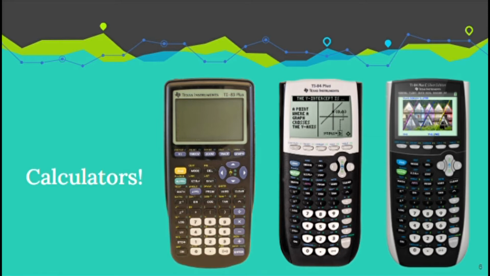The ones with color are great, particularly for graphing. That's going to be less important in this class. It's more important in things like calculus, where you might want that different color coordination so that you can keep track of which function is which function. Not as important in statistics. Also beware, the newer ones are rechargeable. Some people like that. Personally, I kind of like the batteries. I don't like having to worry about is my calculator charged when I'm taking the exam, but if that works better for you, feel free to get one of the new ones.